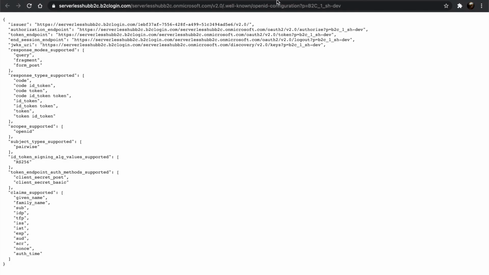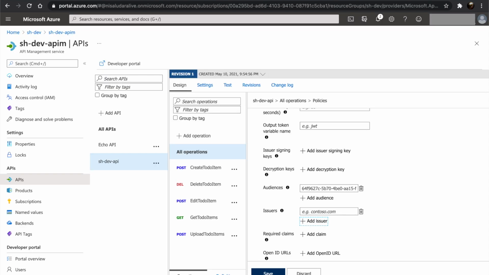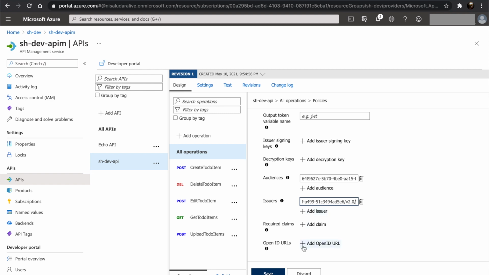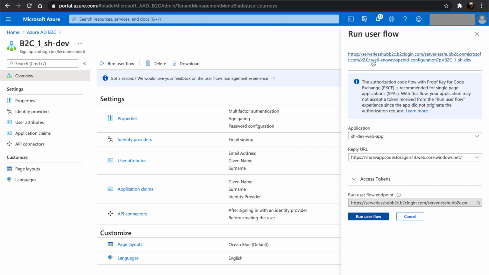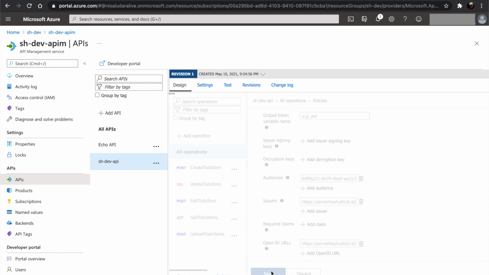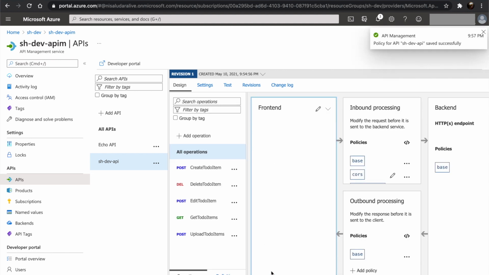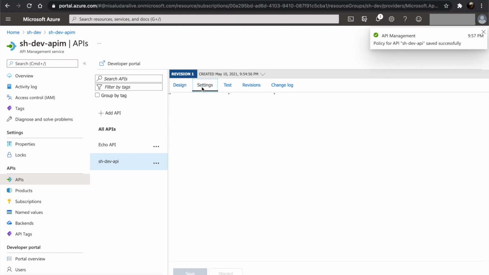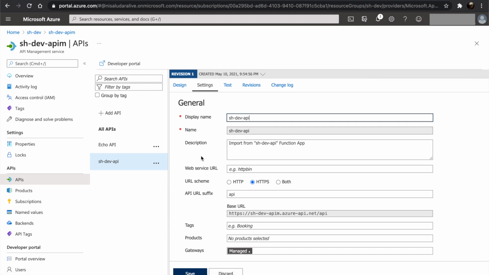Once that URL is open, copy the issuer URL, paste it as the issuer. And finally, let's add the OpenID URLs. Copy the URL on the run user flow blade and specify it as the OpenID URLs and click on save. Go to the settings tab and untick the subscription required checkbox and click save.